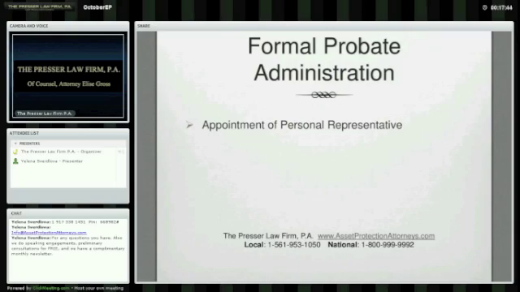The personal representative then gathers all the information about the decedent's assets, publishes the notice to creditors, and sends the notice to all known creditors. Now, known creditors are anyone who has sent a bill to the household, anyone who has a lawsuit pending against the person who died. Potentially, beneficiaries can also receive a notice of administration. The idea behind this is you want to cut people's time off to put in any claims